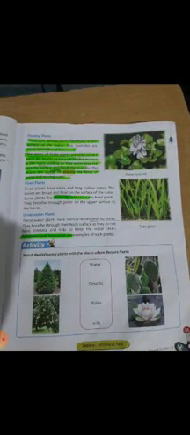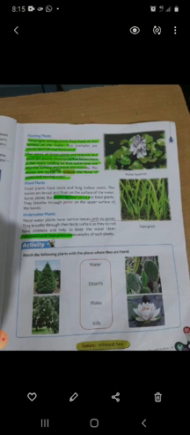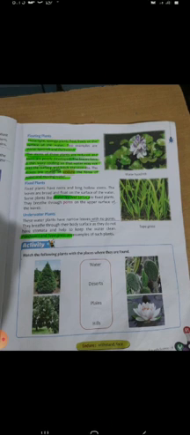Question number 4 is, what helps the floating plant to float on water? Here on page number 61 the answer is given. See under the heading floating plant. What helps these types of plants to float on the surface of water? First of all, they need a light and spongy body so that they can float easily. The stems of these plants are reduced, or some floating plants do not have a stem at all, or they have poorly developed roots also. Why? Because they have to float. They are free to float in the water, that's why there is no need of a stem and root.